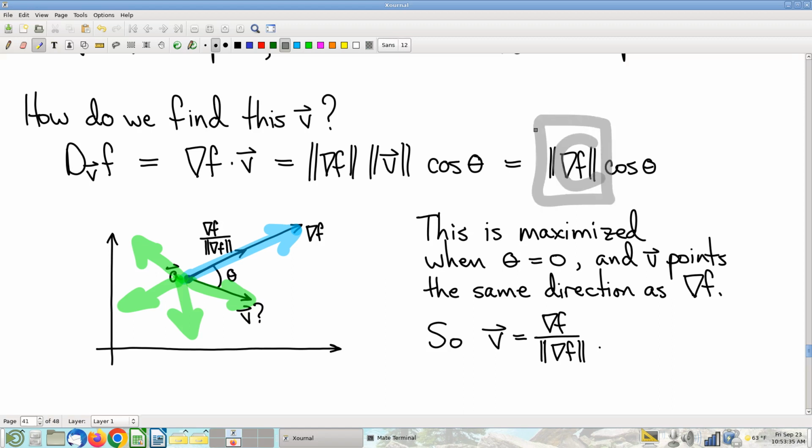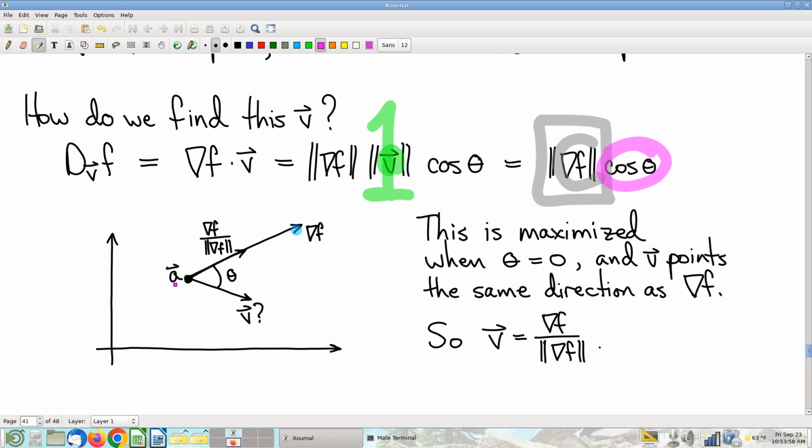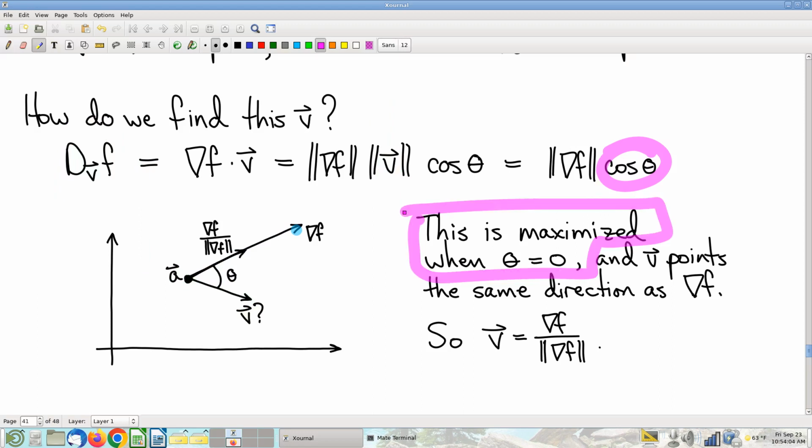Of course, the magnitude of the unit vector is 1, so that factor goes away. And so if you think about it, if you're trying to make this as big as possible, really you're trying to make that as big as possible. Another way to say that is you're trying to make cosine theta as big as possible. So the question boils down to, how do you maximize cosine? Well, that's easy. Cosine is maximized when theta is 0. And specifically that means that the angle between the gradient and the direction of fastest increase